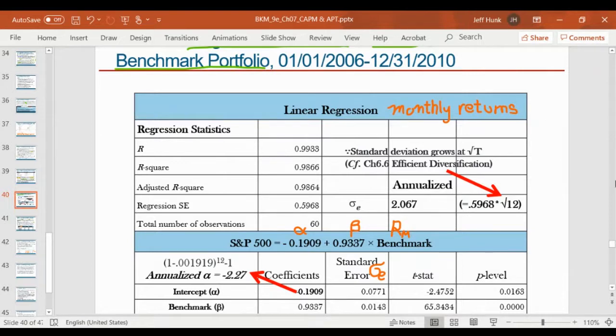This 5-year period, right? And R square and adjusted R square are